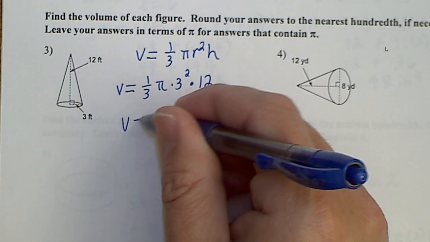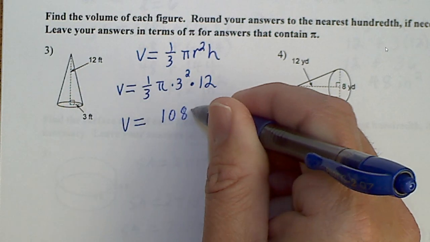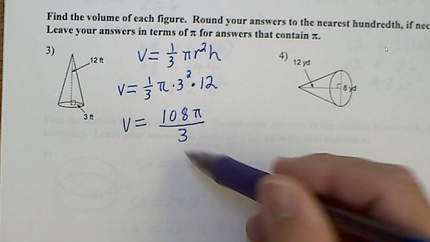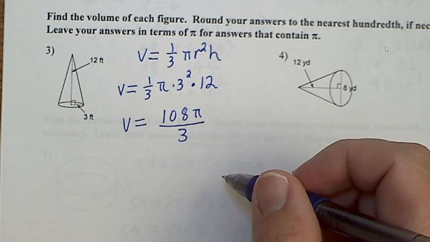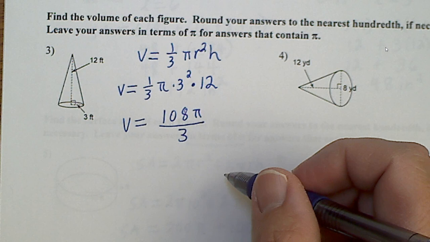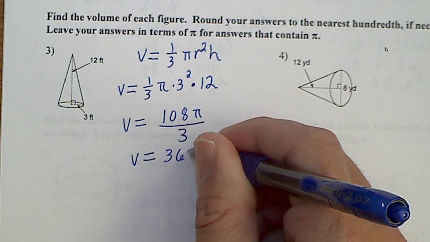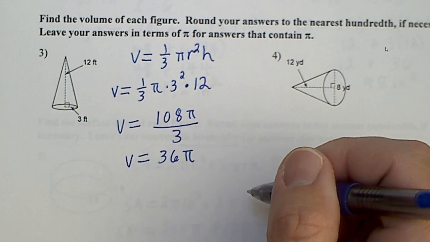So we have volume equals 108 pi over 3. And then you can see if 108 divides by 3, I believe it does. Yes, 36. So that divides all the way, so we can simplify it to 36 pi,